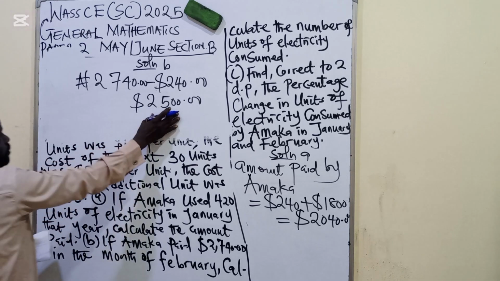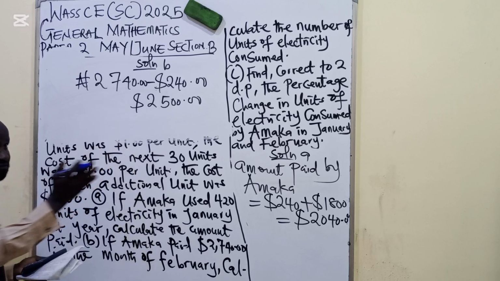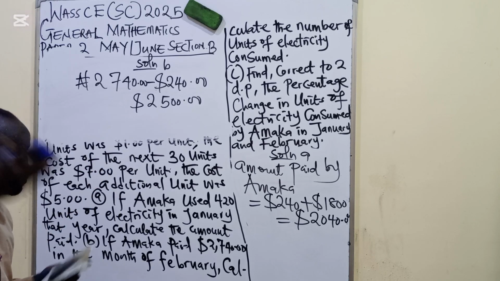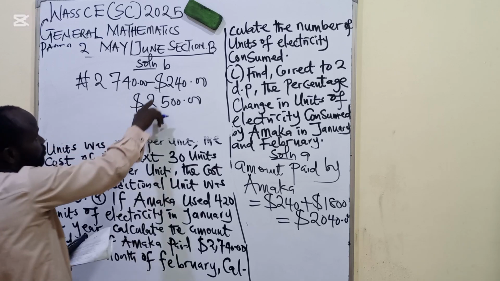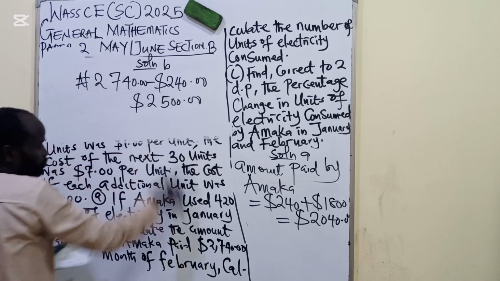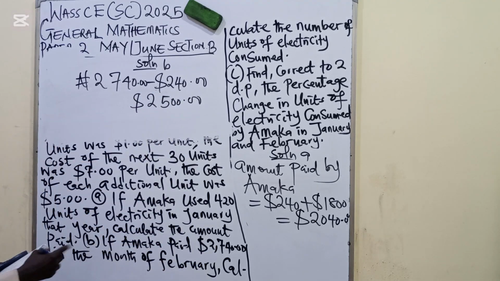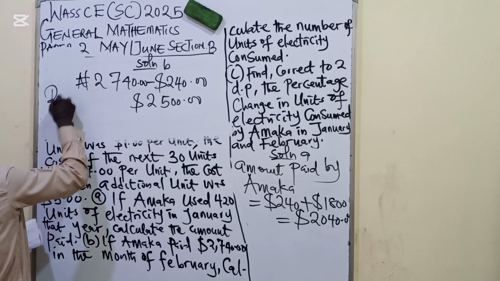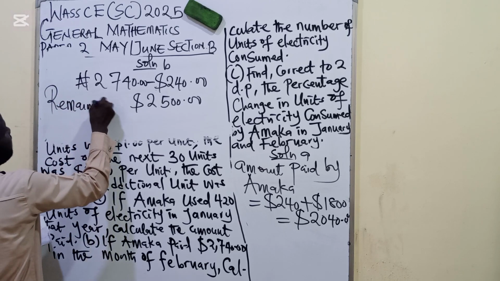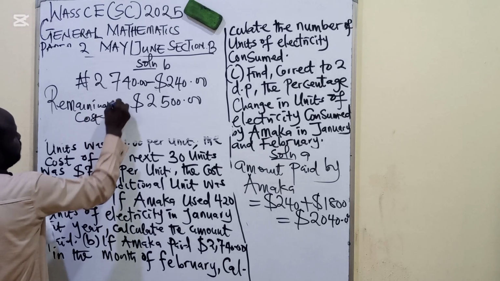So this is the remaining cost after we remove the cost of 60 units, but we don't know the cost of the remaining units. So to get the cost of the remaining units, we have to remove the cost of 60 units from the total amount that was spent by Amaka. So this is the remaining cost now. The remaining cost is nothing but